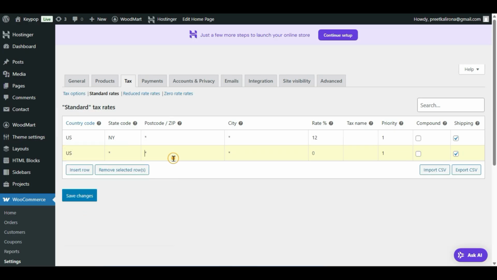And then it will be a different state. It can be anything. And then you can set your priority number 2 here, something like that. And the tax rate can be different according to the state or city. And then if you wanna,